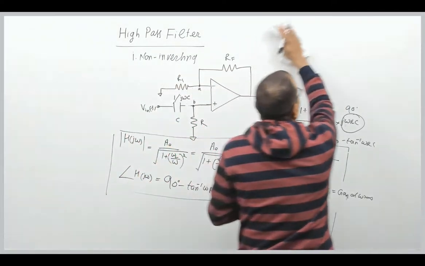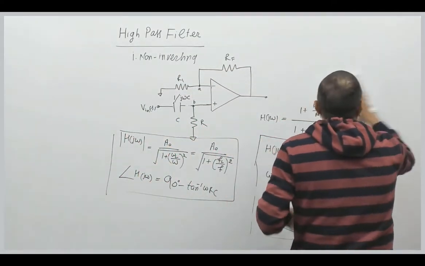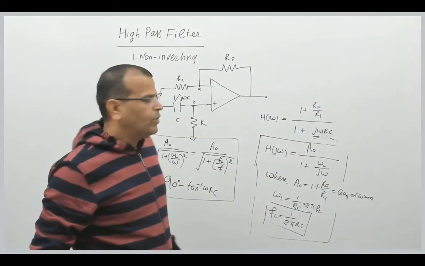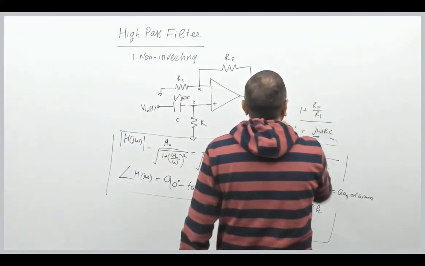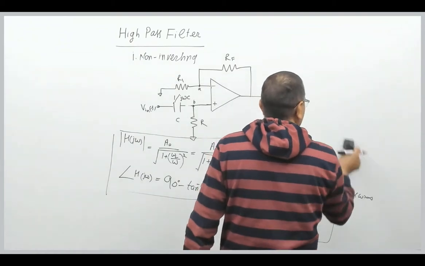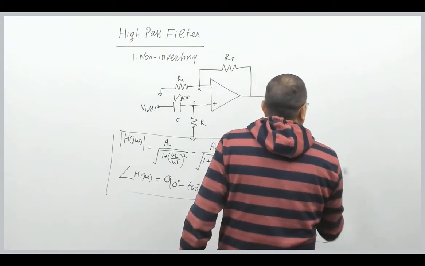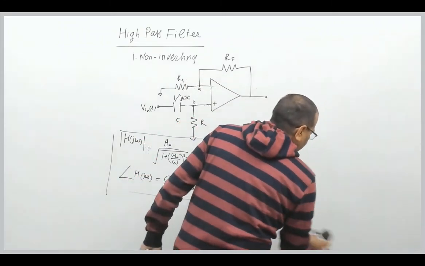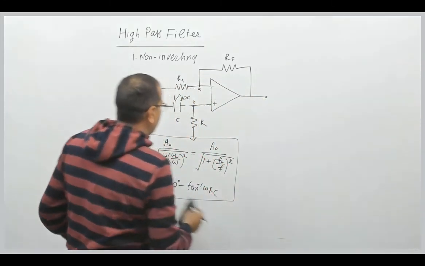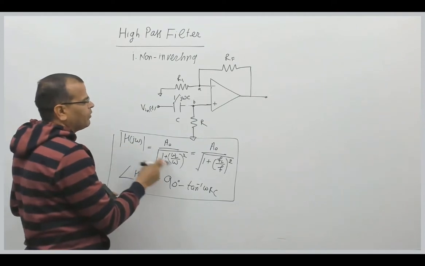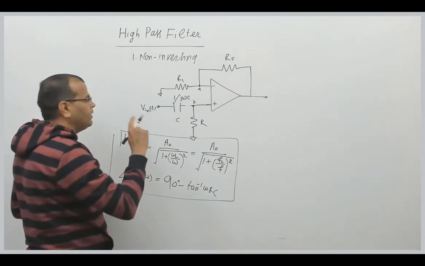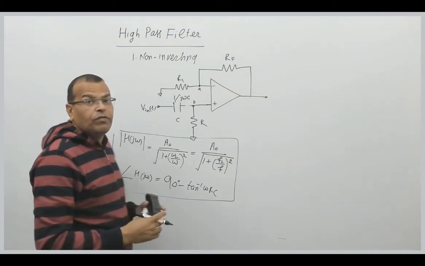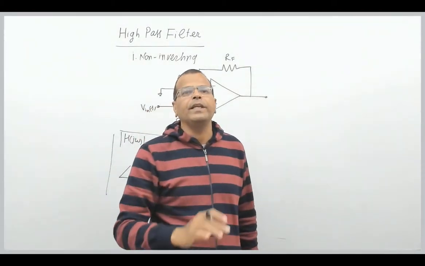So let us see both here, but I repeat, normally we talk about the variation in magnitude as a function of frequency, but we can see both. The variation of magnitude as a function of frequency is called the magnitude response of the filter, and the variation of phase angle with respect to frequency is called the phase response of the filter, right?